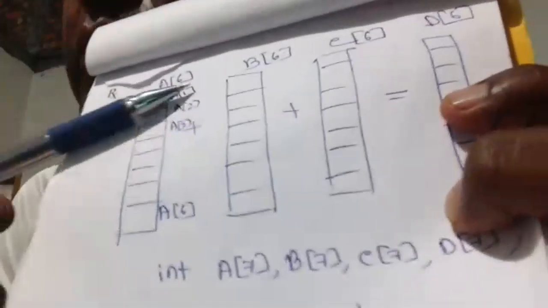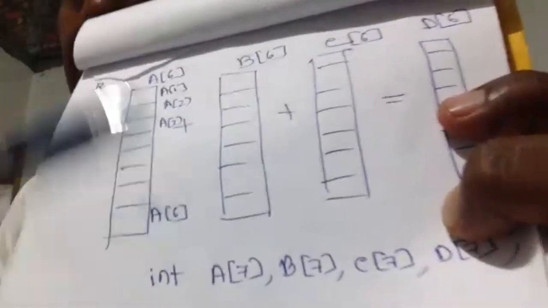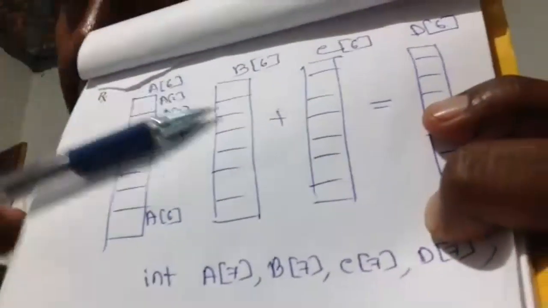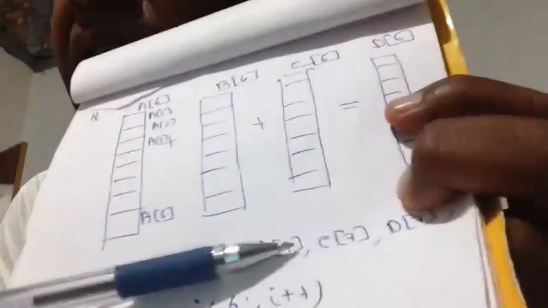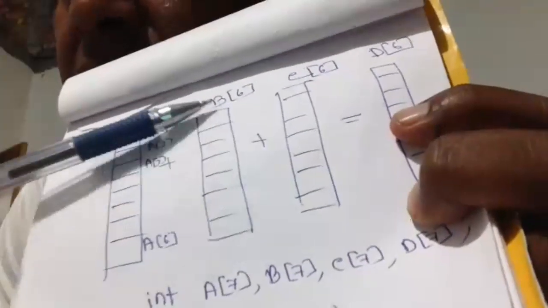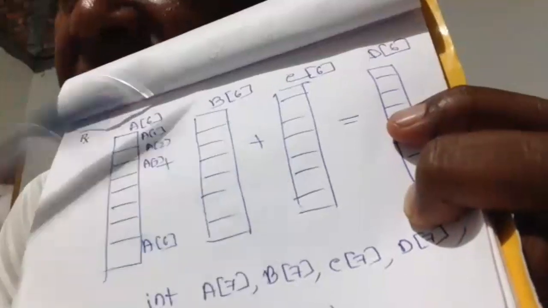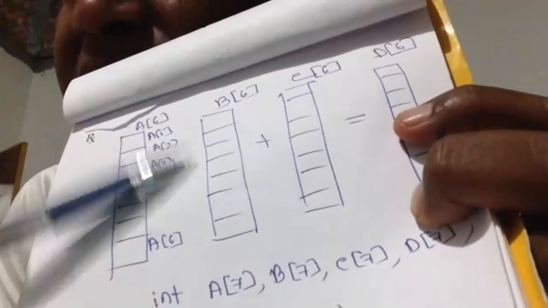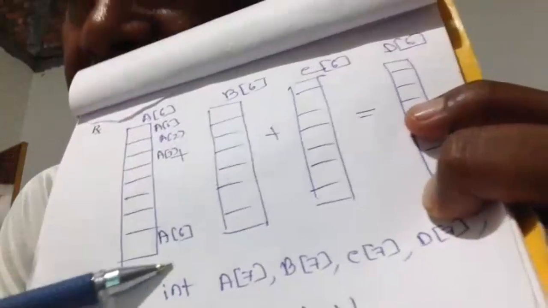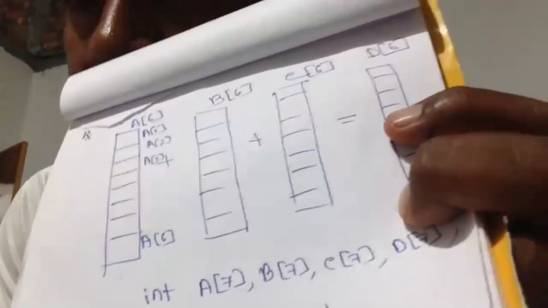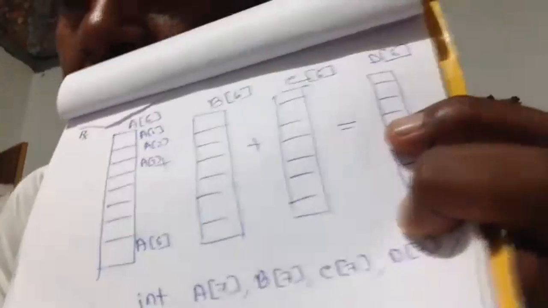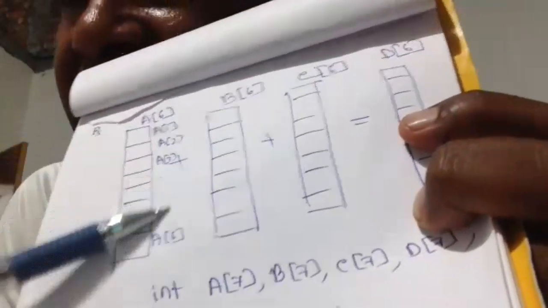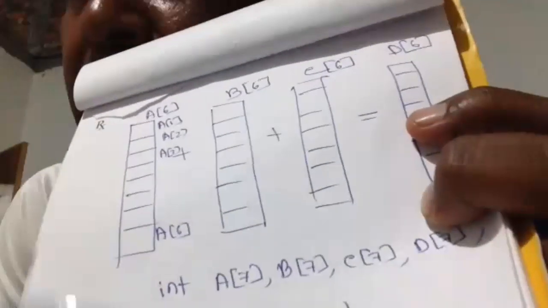Now what to do? I have to put some value over here. Isn't it? First I have to occupy. How am I occupying? By going to this statement, int A7. Int A7 means it will occupy these spaces. Nothing else. The computer will occupy these spaces. Accordingly, it has some addresses A1, A2, A3, A4, A5, A6. It's already generated by the system, not by us. Okay. Now what to do? Within these addresses, within this location, I have to input the data.